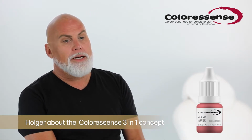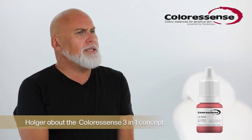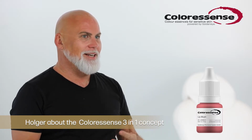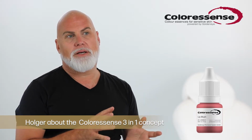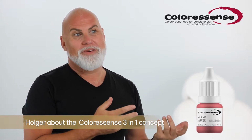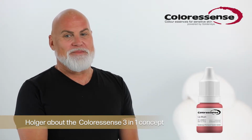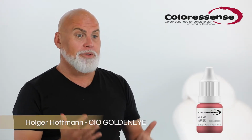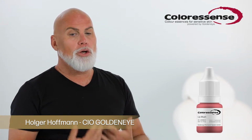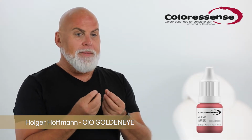The Coloressense Goldeneye Coloressense 3-in-1 concept is quite easy to understand. There are artists who like to work with colors that are more liquid. Others like to work with colors that are more creamy and silky and soft. From the technical point of view, sometimes it does make a lot more sense to work with colors that are